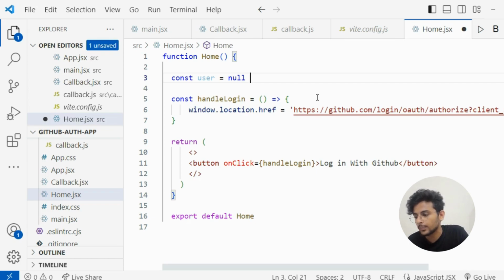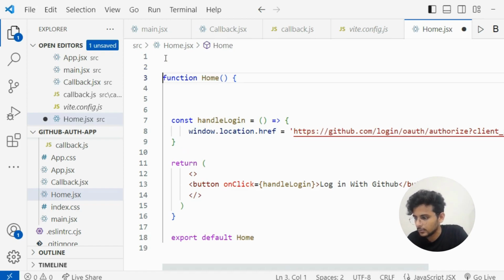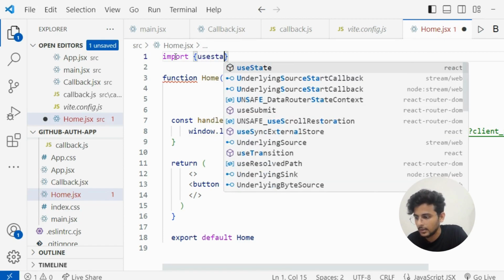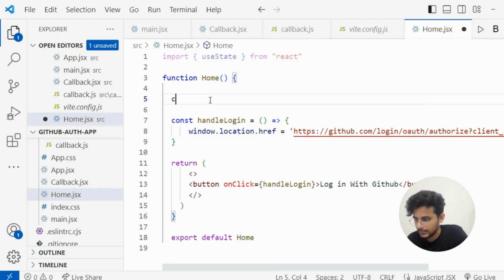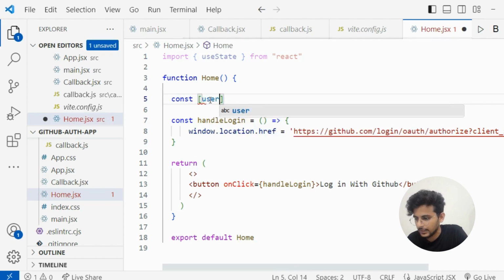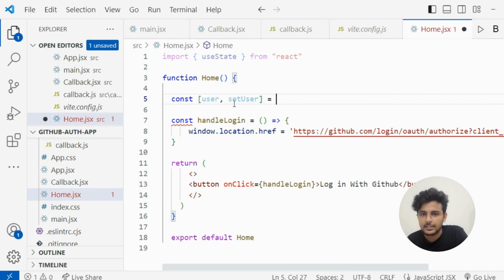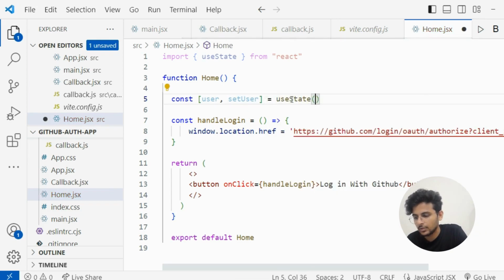Now, in order to change the status of user, let's import the useState hook from React. Here I can say user, setUser. Using this setUser, we can change the status of user when we have data for user. Initially user is equal to null.